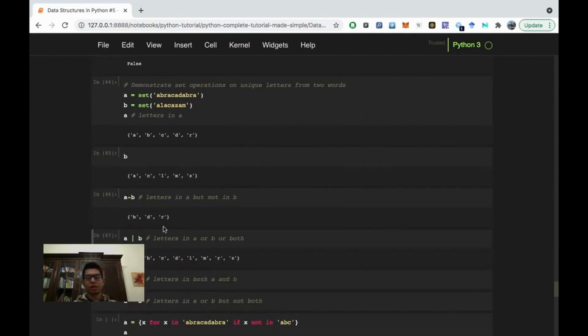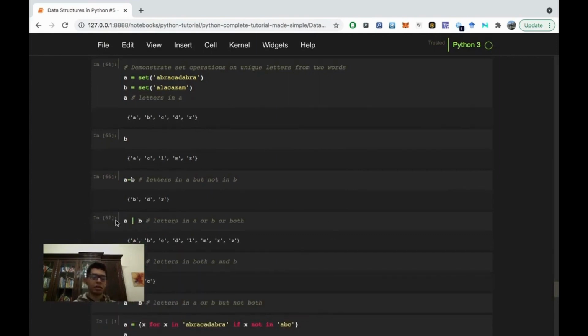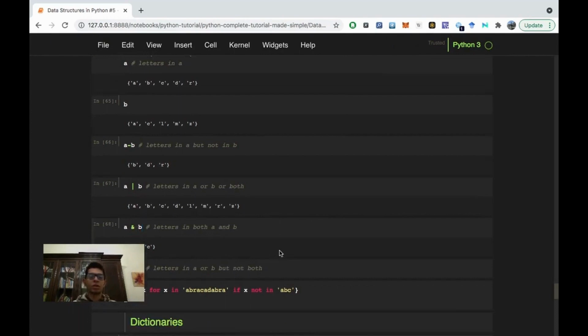A or B is the letters that are in A or in B. To not confuse you, when I say A or B, the letters have to be either in A or in B, so the whole collection of the letters from A and B. But when we say A and B, they have to be letters in A and in B. Those are like, if you know the operations from mathematics, set operations. But if you're not familiar with mathematics,